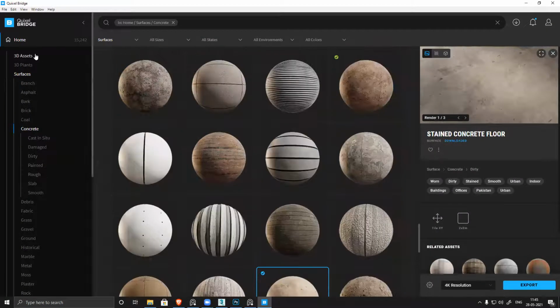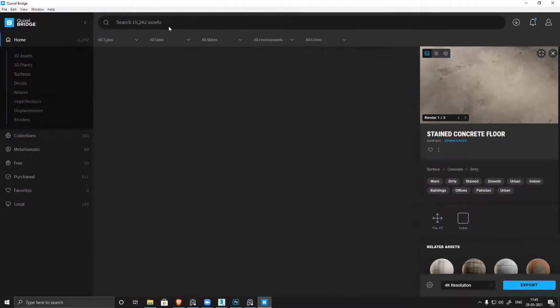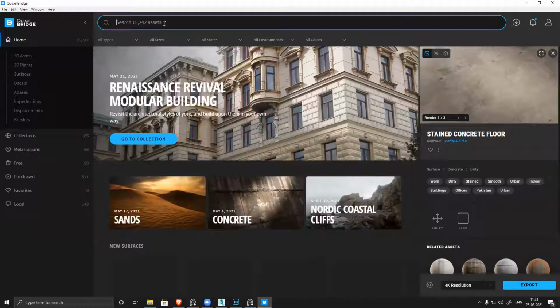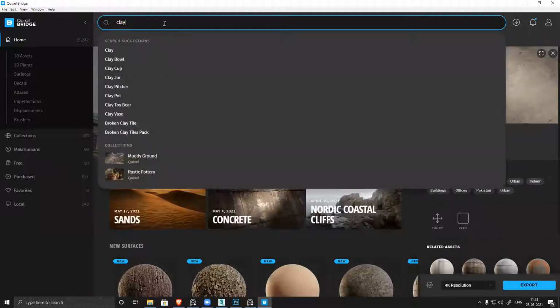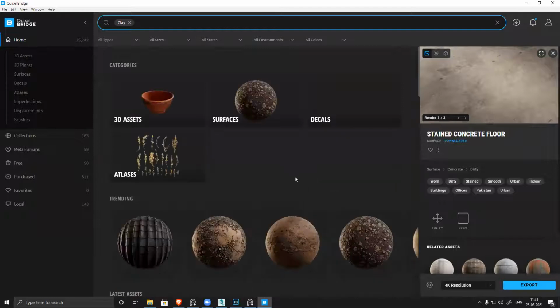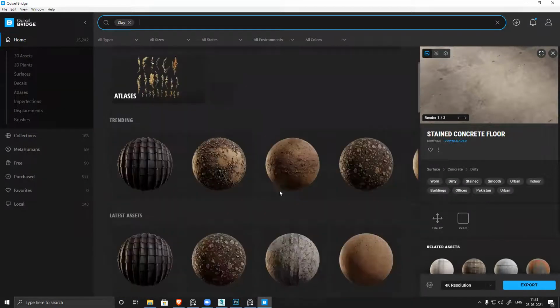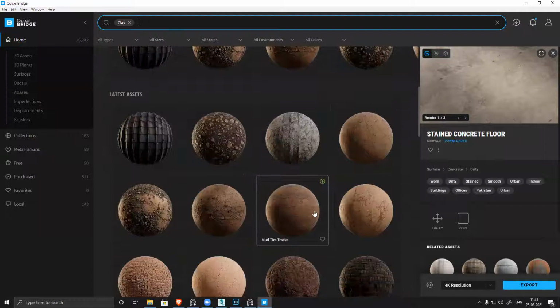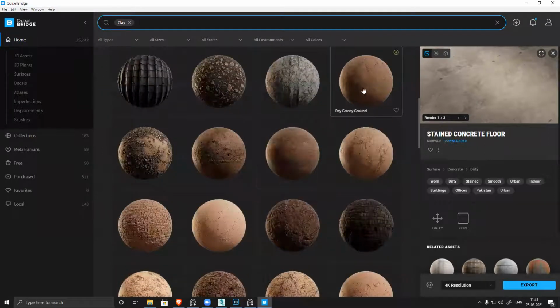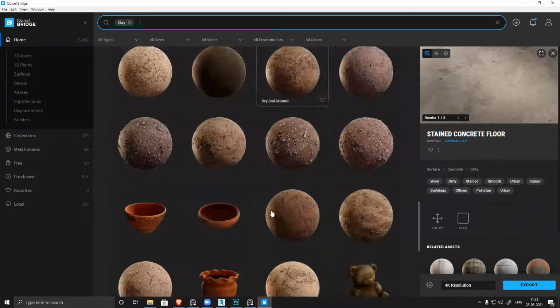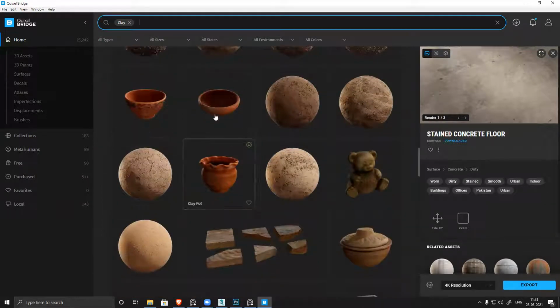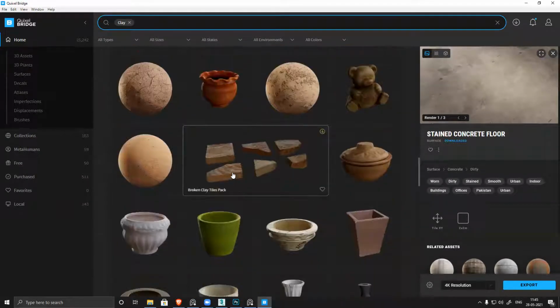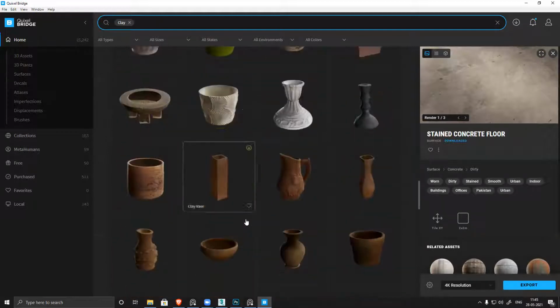You go to Bridge, home. I'll search for a texture like clay or something. Let's see. See, we have clay textures also, the kind of muddy clayish effect. And we can see some pre-made models also, but that is something we're not going to use because we have to create it by ourselves.